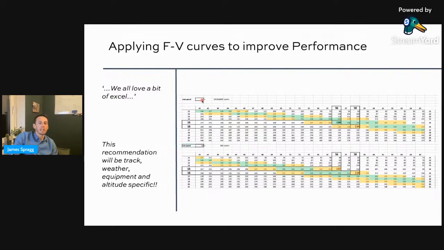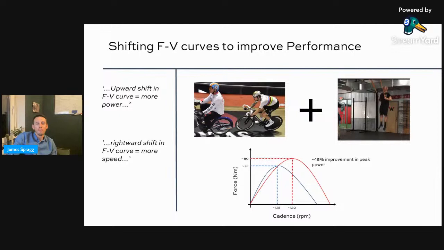So we managed to optimize at 125 RPM, but actually we might want to do a bit more than that. I spoke earlier about the ability to move the power, to make changes in the force velocity relationship and the resultant power. Actually, we identified with this athlete that the 125 RPM value was a little bit low, and what it meant is that they had to be on such a big gear to bring their cadence